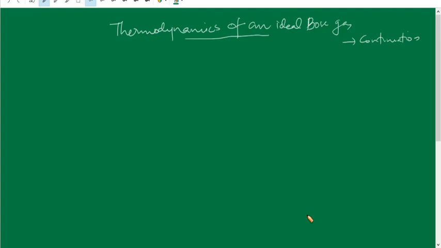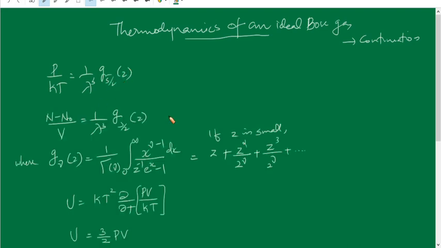Hi, let us continue our discussion on thermodynamics of an ideal Bose gas. So we have derived in the last class P divided by KT is equal to 1 by lambda cube g_5/2 of z. Similarly, (N minus N0) by V equals 1 by lambda cube g_3/2 of z, where